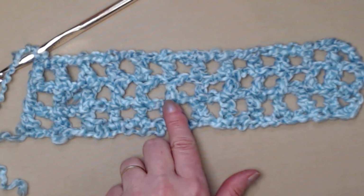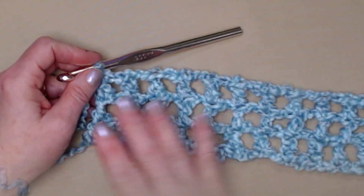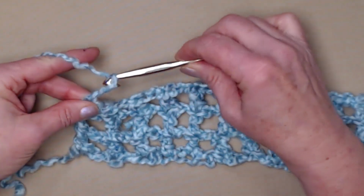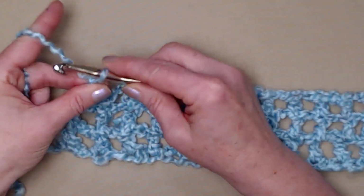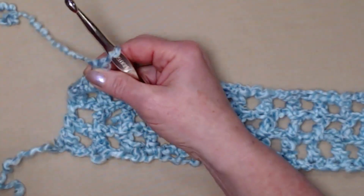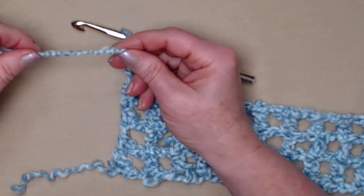And again, this is a swatch. You're going to have a lot more stitches. So we completed row 3, and we're going to chain 4. 1, 2, 3, and 4. Now, one of the things you notice that I'm struggling with is there is a thin piece